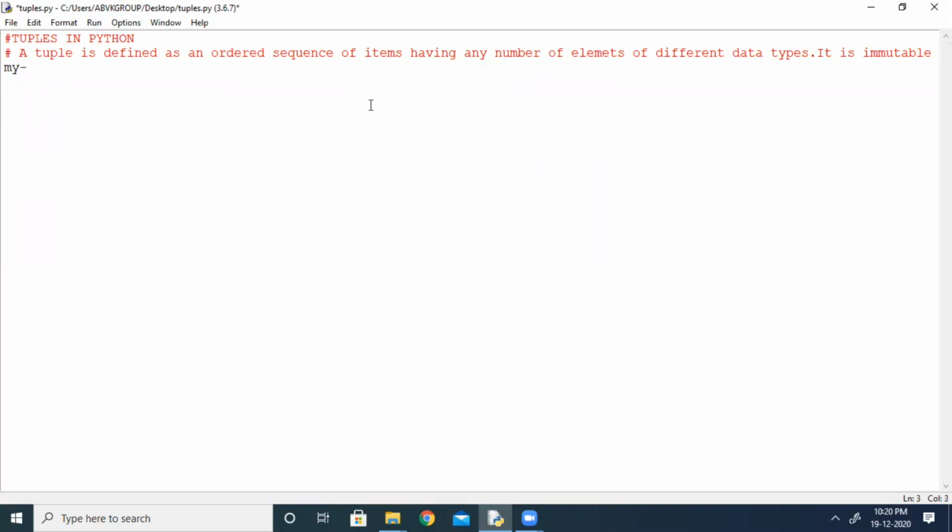My marks. For example, I am taking a tuple called my marks. And within that, I am declaring some values. Suppose 50, 70, 80, 90. Now what I want to do? I want to see what is the max value within this tuple. What is the min value within this tuple? So for that what I will do?